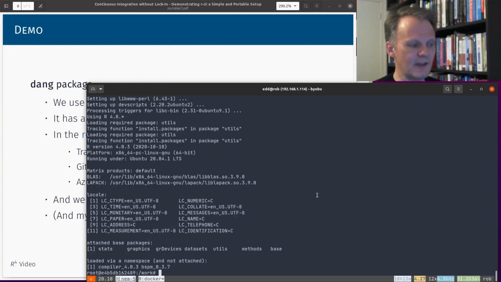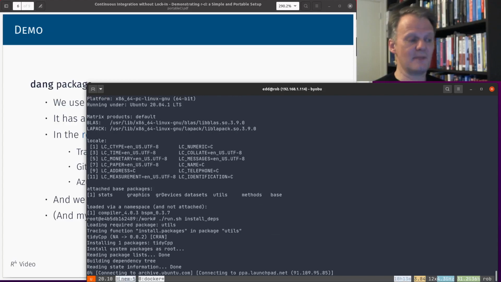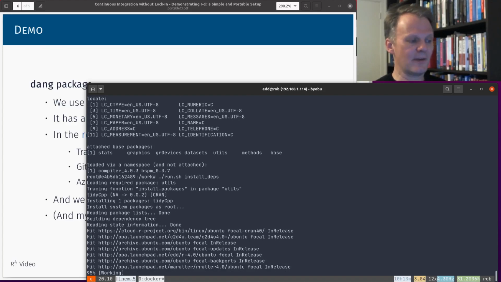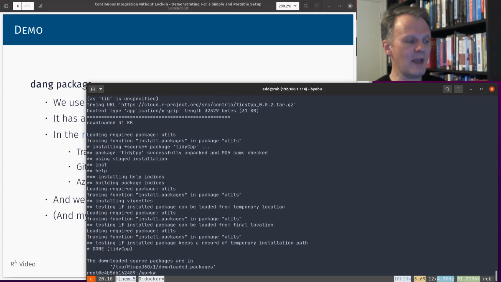And here it's really nothing apart from the BSPM package that we use to get dependencies. So the main step for CI is to install dependencies, and just the dependencies. For the particular package that I'm using here, that's only a single package, and because this uses BSPM, it will download the package